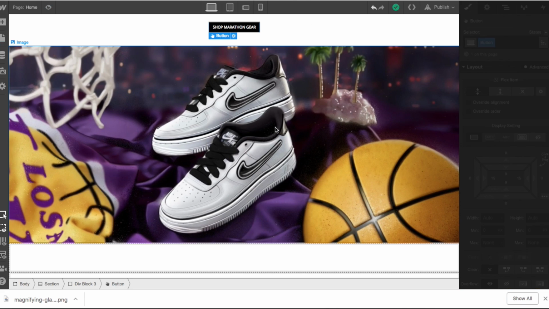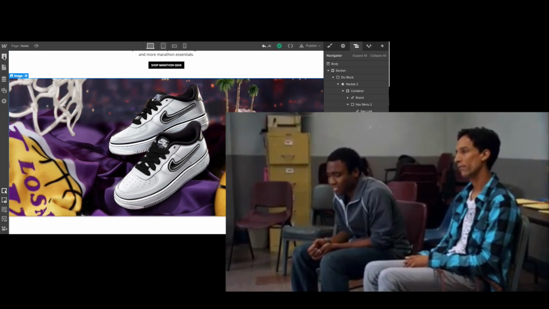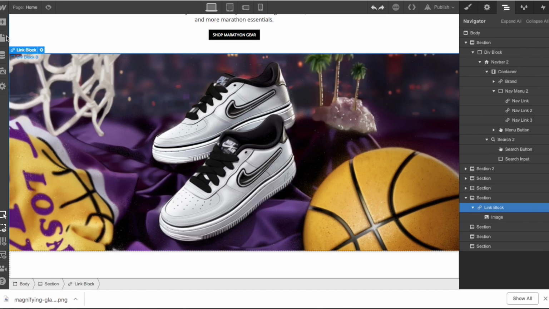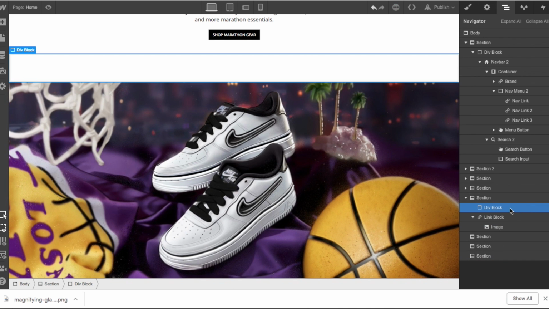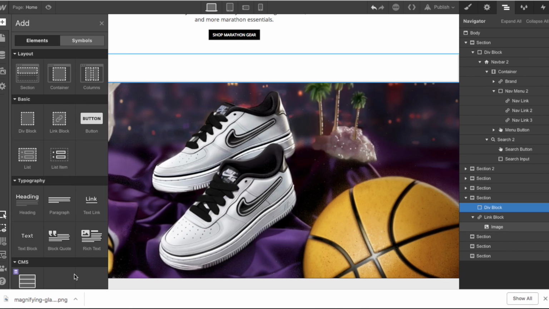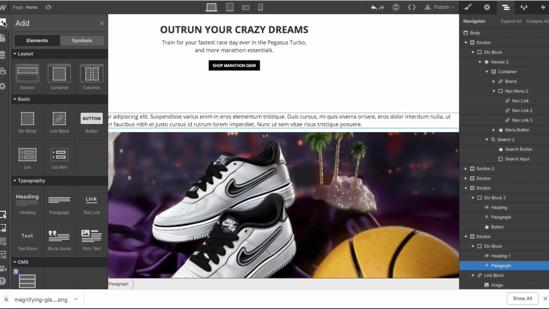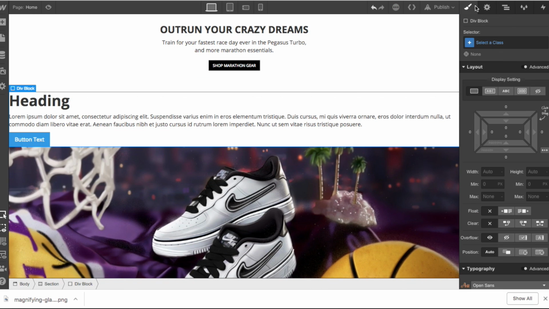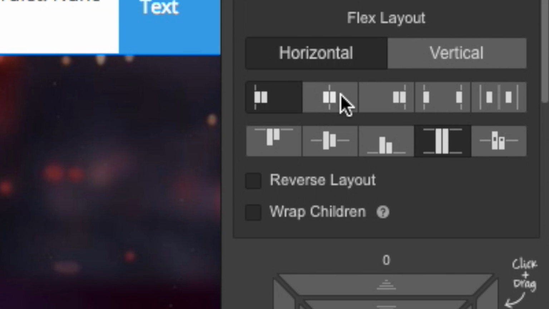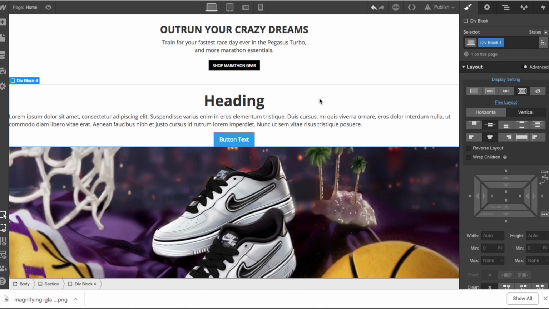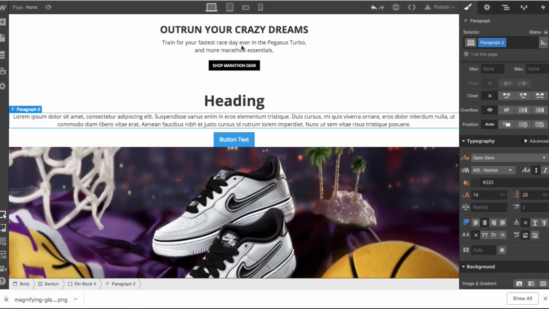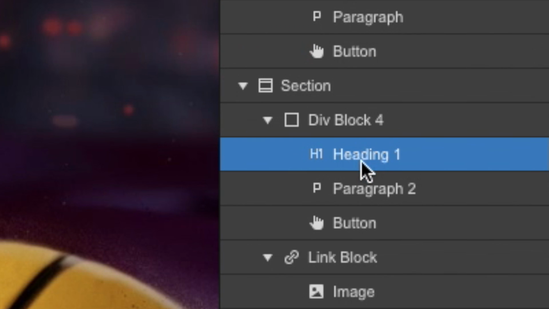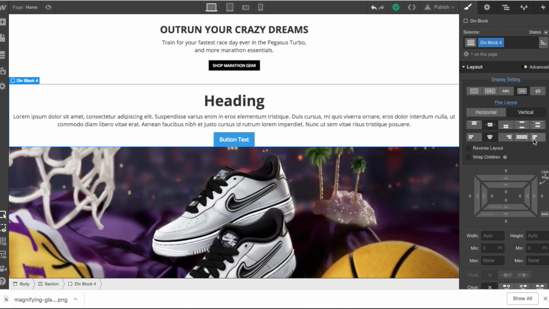So this is real simple to do, but it does take patience because you will mess this up. So what I want to do is take a div block. I just want to put that in front on top of the link block, right? And then I want to take the heading, the paragraph, and then another button, and make sure that we can center align all of this. So I'm going to put this on a vertical like this, and then I need to center this block text as well. Actually, this is left aligned, so I need to left align this stuff. So we're going to go back into that div block, which would be div block 4 for me, and left